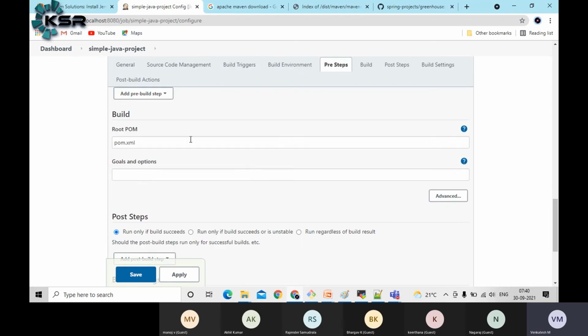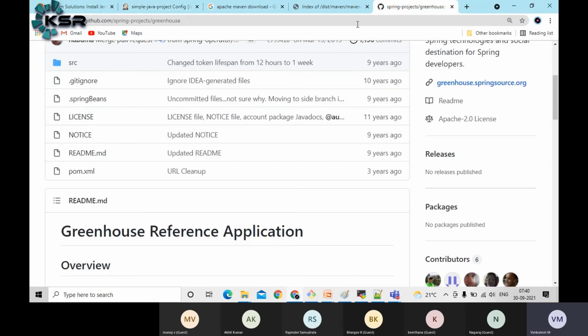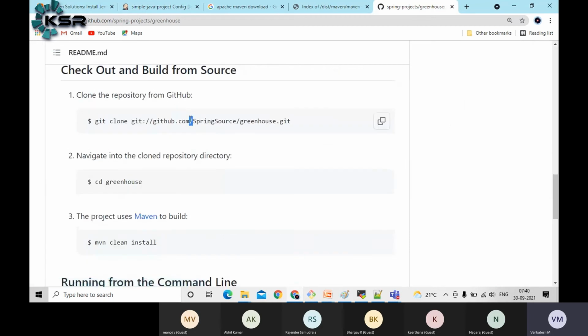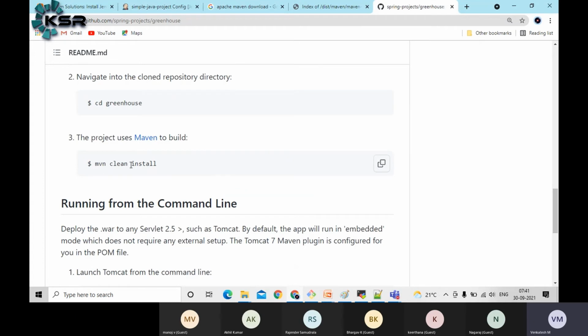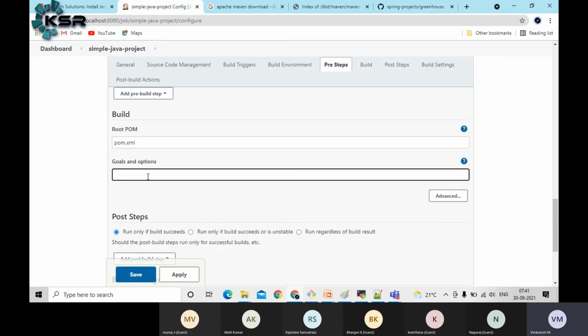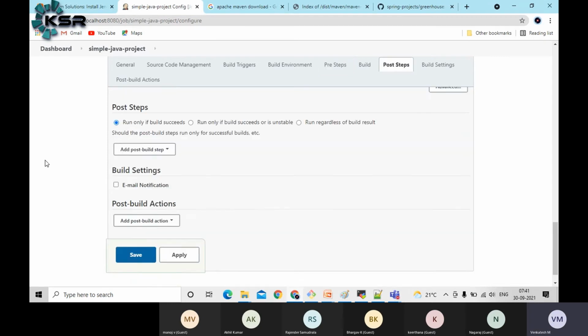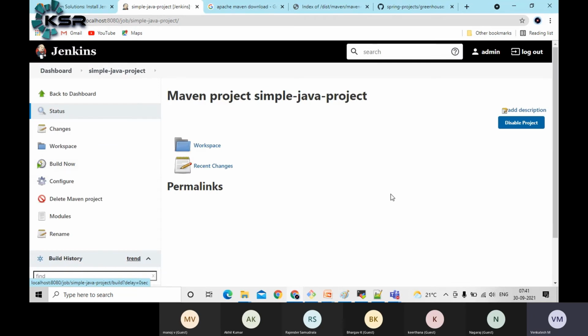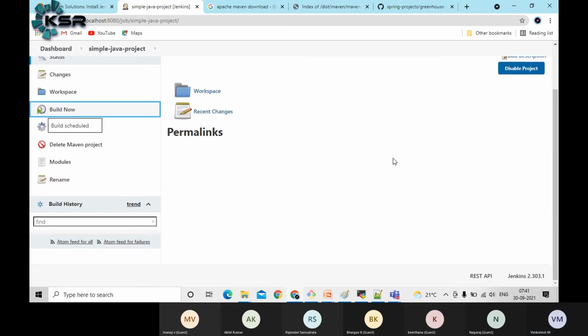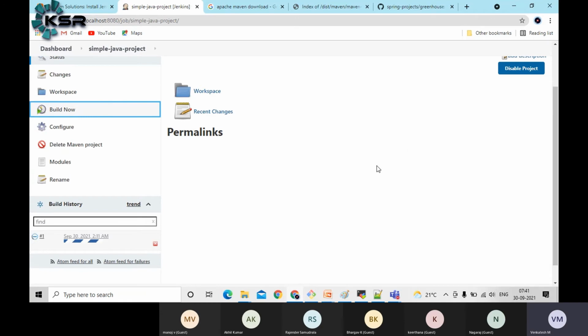Similarly, let's come to the pom.xml here. What this is saying is, once you download the code, you need to go to the folder. It will take care of that automatically. Then you should run this command, maven clean and install. MVN is the binary, which will be downloaded by Jenkins, and clean and install, these two are the targets, guys. Now let's add this under the goals and options section. Now let's save the job and try to execute it and see what will happen.